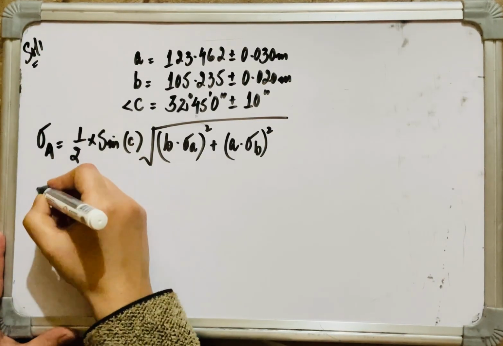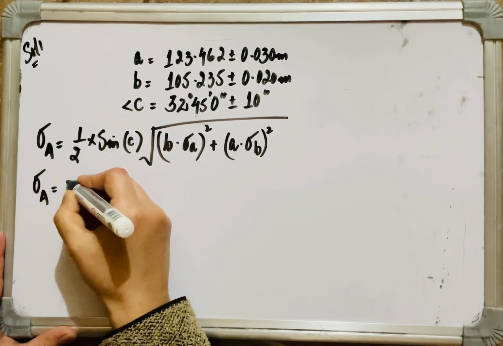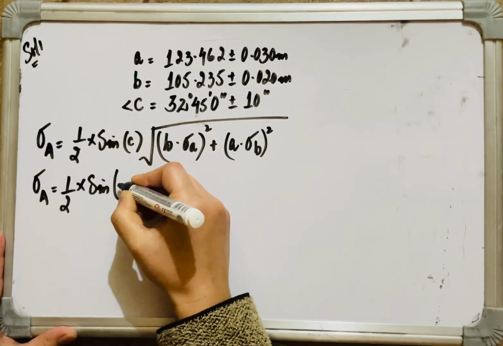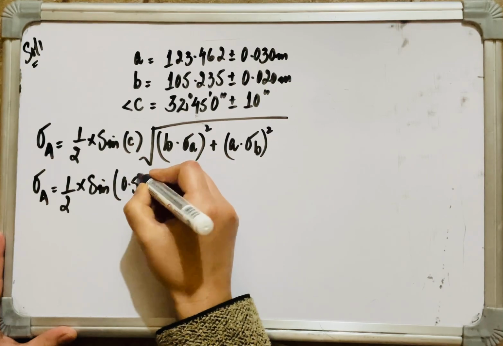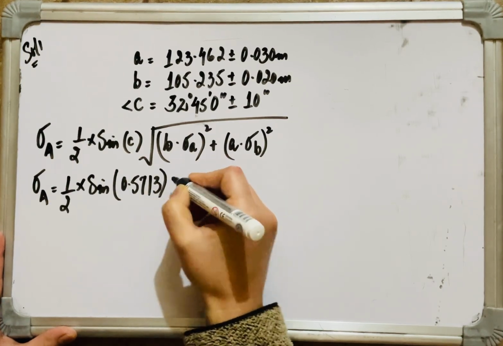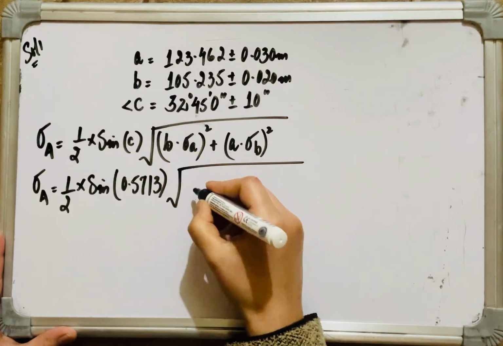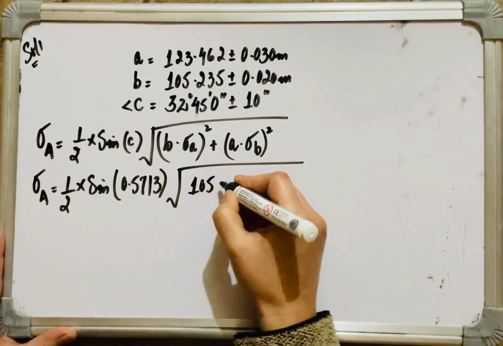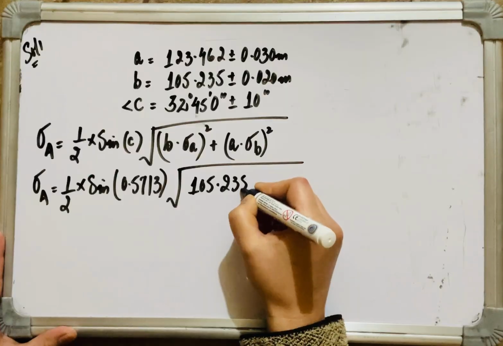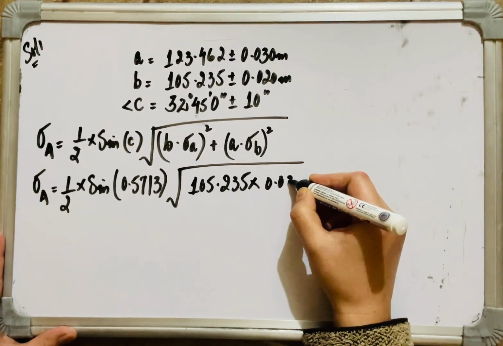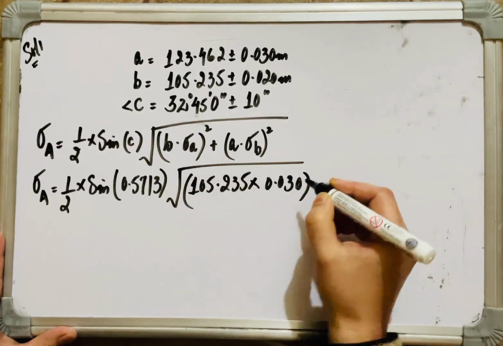All right, let's substitute the values. 1/2 of sine of, we calculated it in radians, it was 0.5713, right? What is B? 105.235 multiplied by standard error in A, it is 0.030, square of it